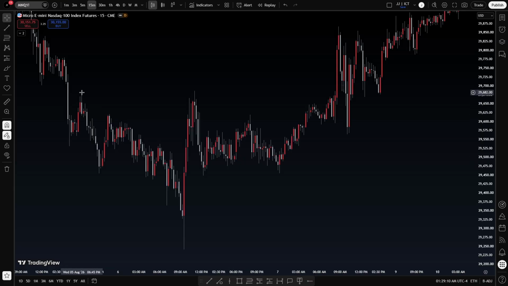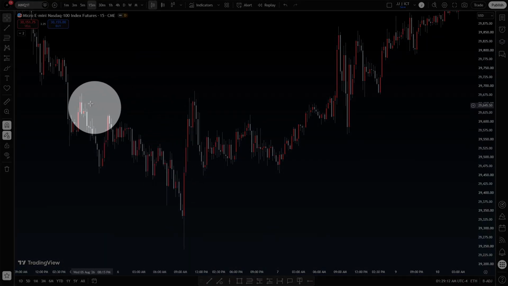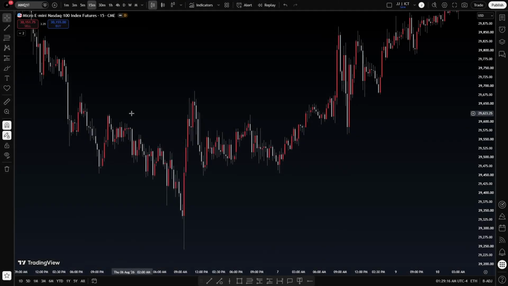No. This is a perfect example right here. See all these highs here? They would see a bunch of highs together and call it low resistance liquidity. That is not a thing. I'm going to drill this into your head so you can understand. You know my teaching style. When it comes to my teachings, I'm not just going to teach you the concept. I'm going to teach you the mindset and the logic and the true meaning and truth behind the concept. I might teach you the formation, but you will know the truth.